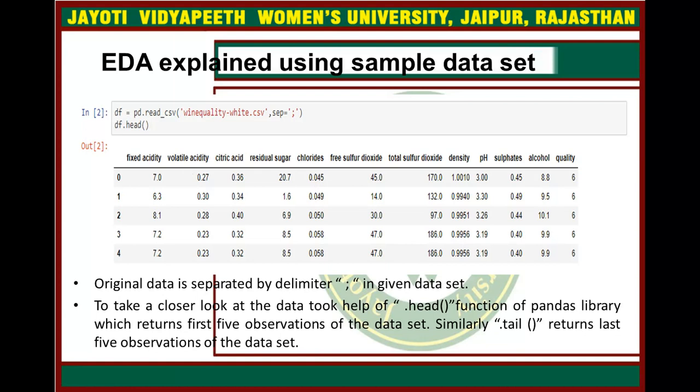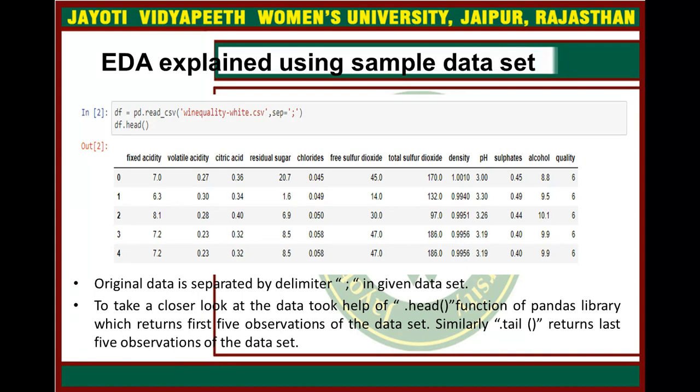So, in order to share my interpretation of the definition and technique, I'll take an example of the white version of the wine quality dataset available on the UCI machine learning repository and seek to obtain as many insights from the data set using EDA as possible.